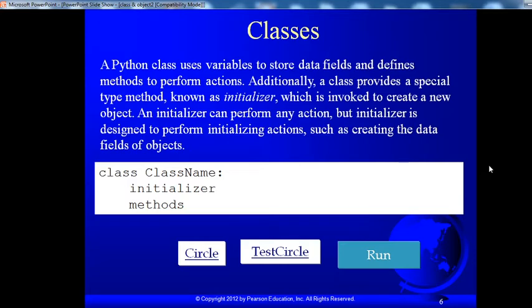See here one example: you define a class and class name, first define the initializer and its methods, then a Circle, a test circle, and finally run it. The initializer is invoked to create a new object, and it is designed to perform initialization actions such as creating the data fields of the object.